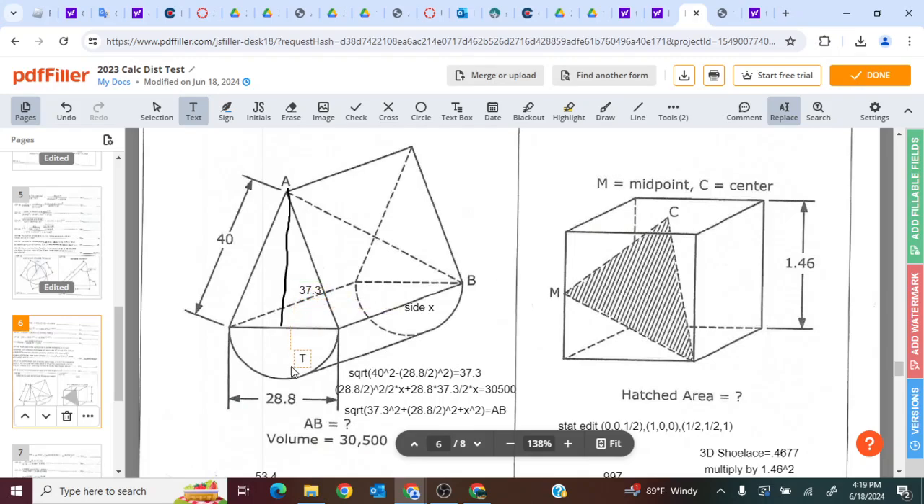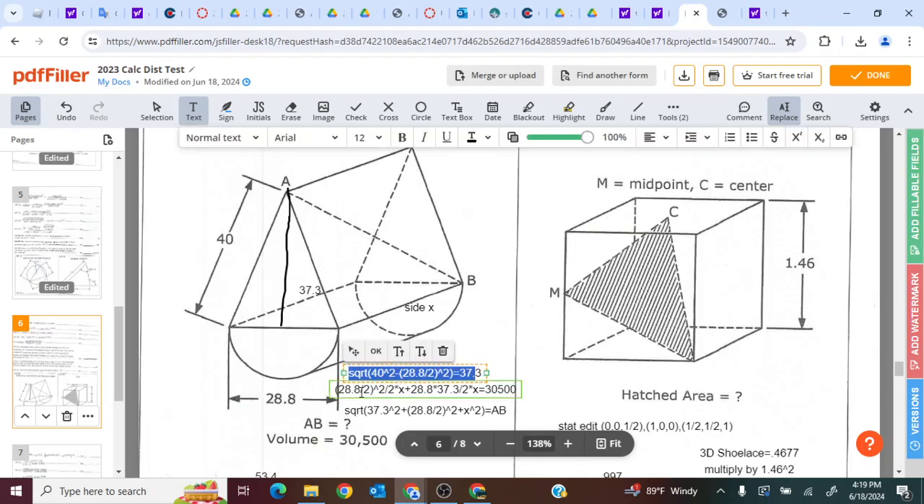Once you have that, you can calculate the volume of the object in terms of this side x here. We know it's equal to 30,500, so this is the Pythagorean theorem I showed. You have to do the radius squared, which is 28.8 over 2, and then you divide by 2 since it's only a semicircle, and you do have to multiply by pi, and then multiply by x to get the volume of this